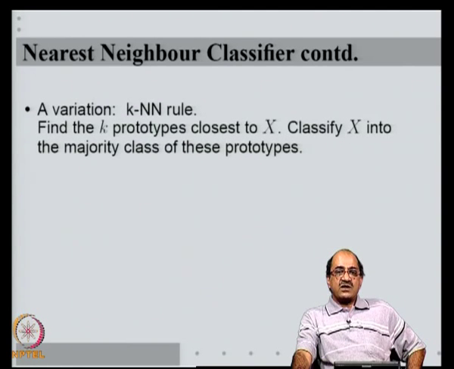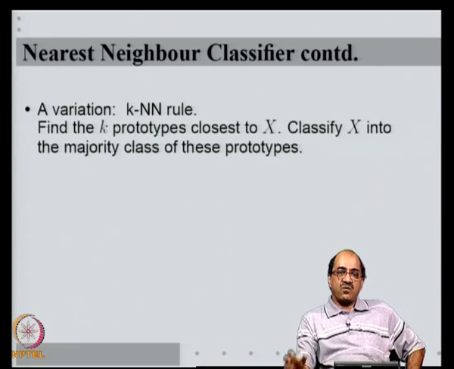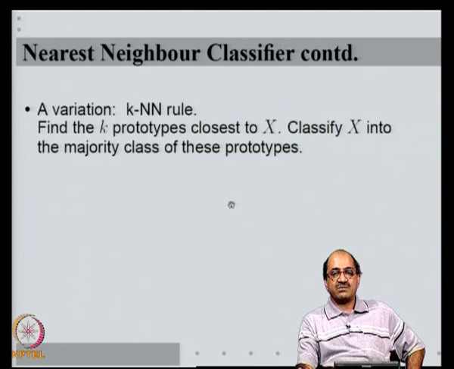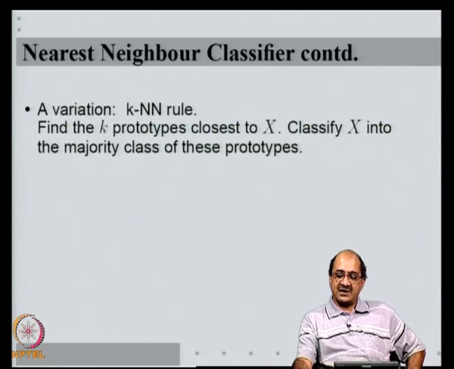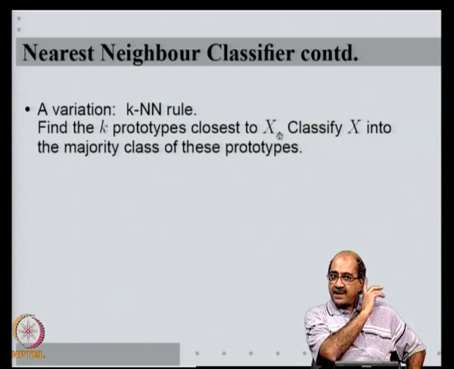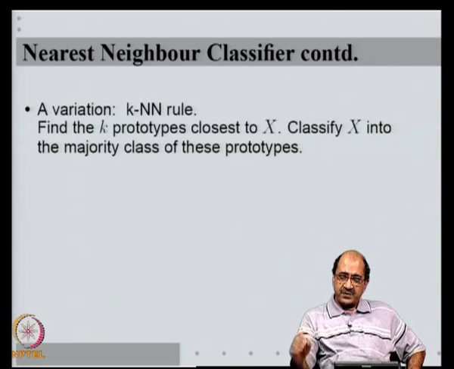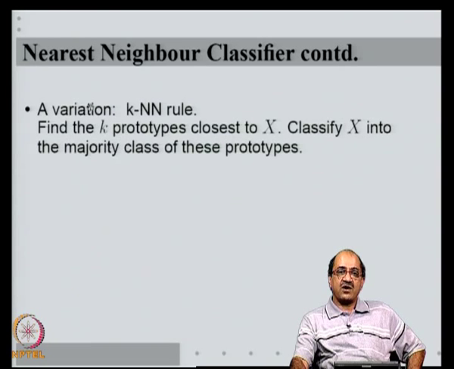A slight variation is what is called a k nearest neighbor rule. So, instead of finding one closest prototype, I may find 5 closest prototypes and then take a majority rule. In a 2 class case, if I find 5 closest prototypes, 3 or more of them are in one class, so I choose that class for x. If a pattern happens to be near the class boundary, instead of taking one nearest prototype, taking a few more and taking the majority decision generally gives you fewer errors. This is called a k nearest neighbor rule. Generally, you take k to be a small odd integer, 3 or 5 or 7.